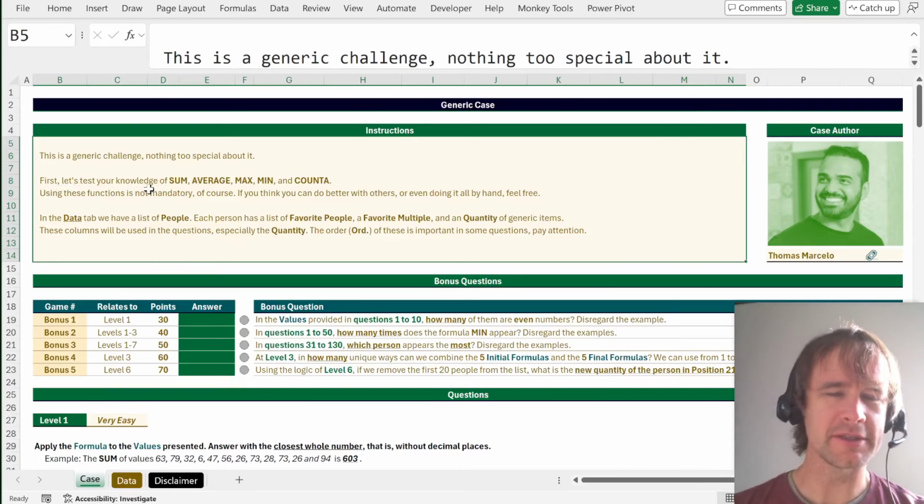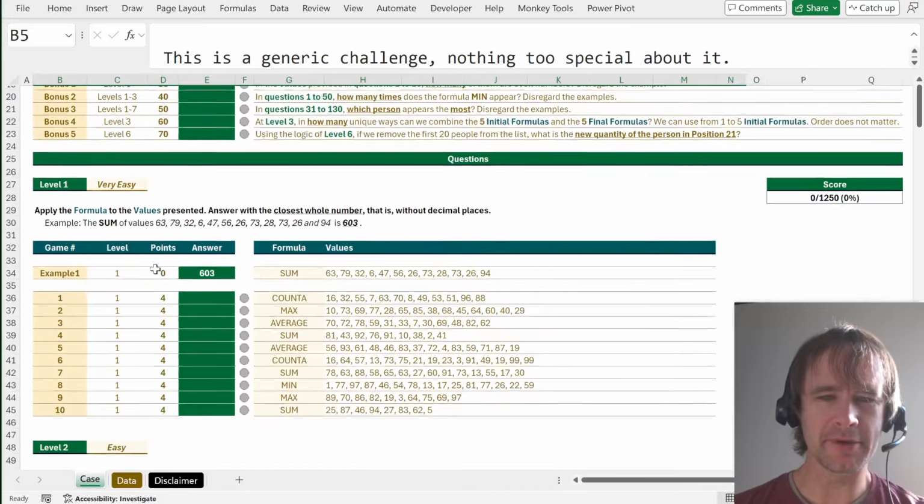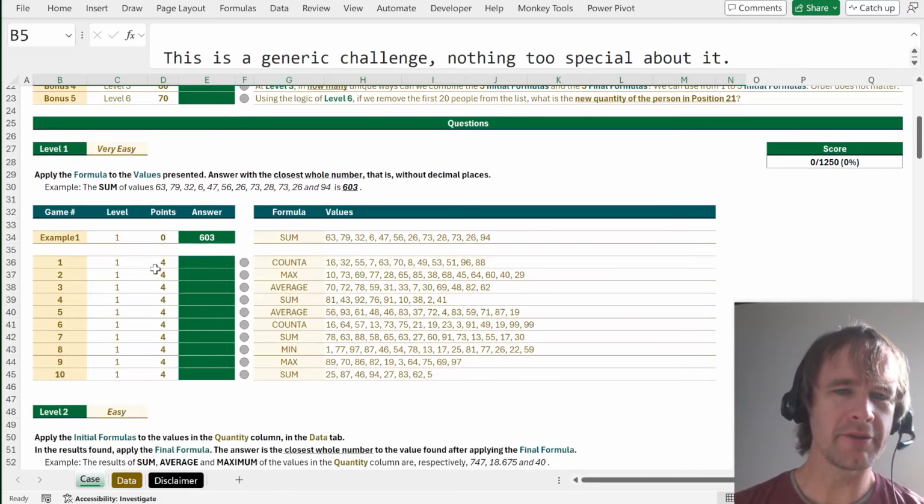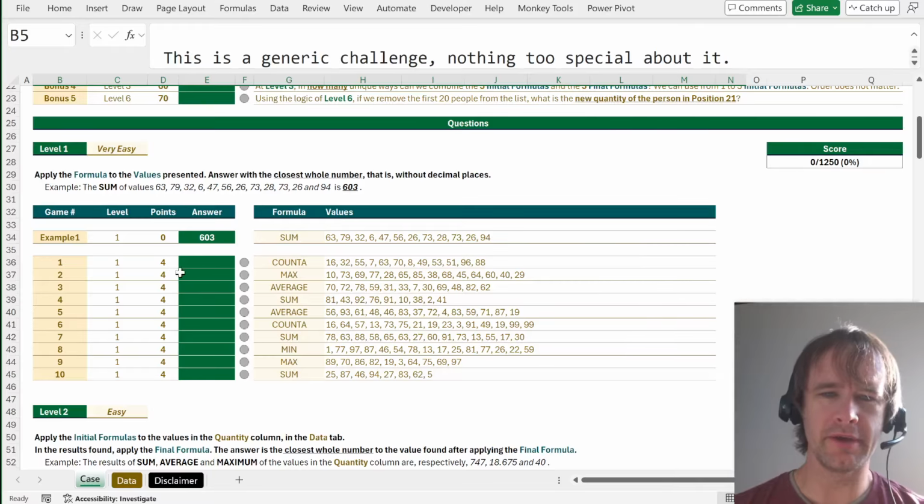First, let's test your knowledge of sum, average, max, min, and count A using these functions. Not mandatory, of course. If you think you can do better with others, or even doing it all by hand, feel free. All right, so as usual, I'm going to come back to the bonuses later. Apply the formula to the values presented. Okay, so